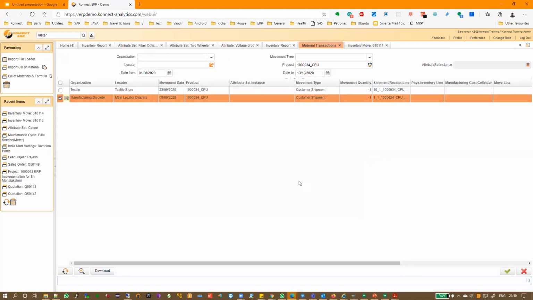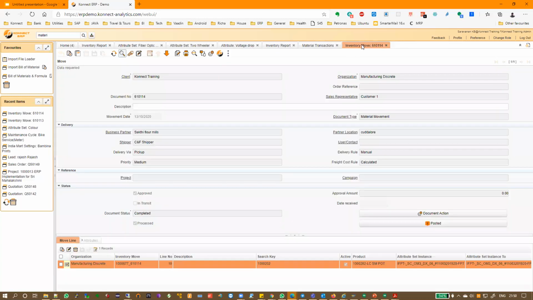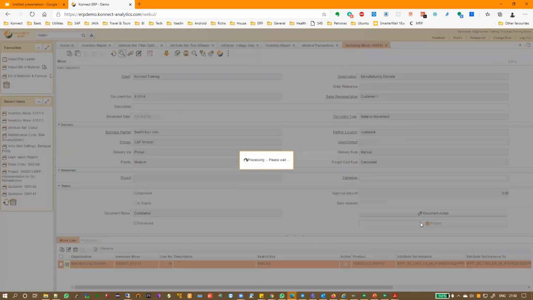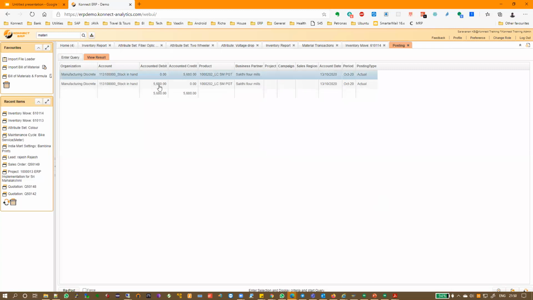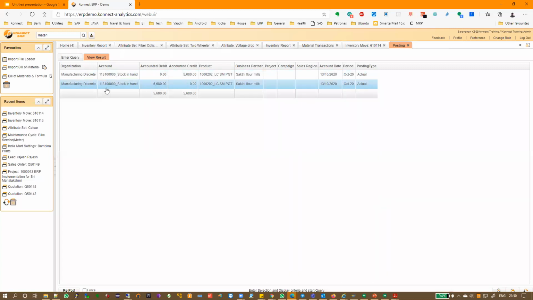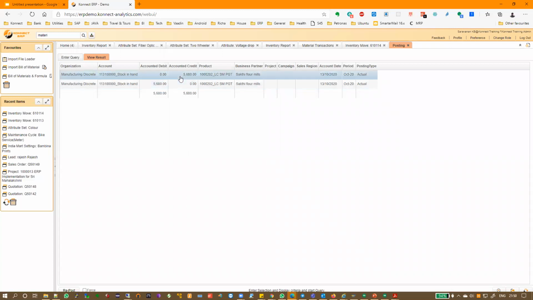Okay. So this is how you look at all the material movement transactions. Now, like I said, whenever a particular document is posted, the quantity is done separately. I told you there's a costing record also, right? So if you look at the posted value in the document, it will give you the financial impact. So if you see here, the value is debited from one account and credited in another account for this product, which is stock in hand, which is the stock account or the stock value.